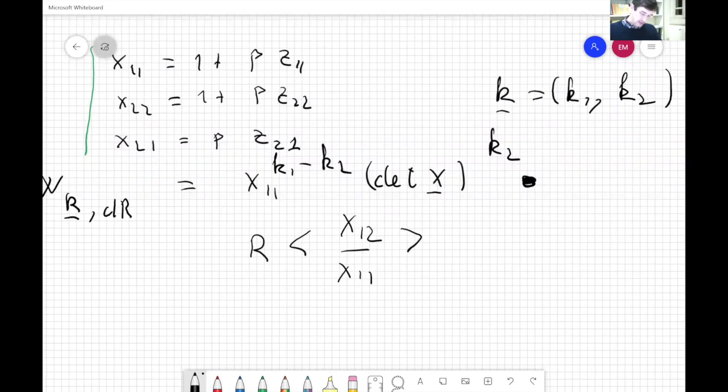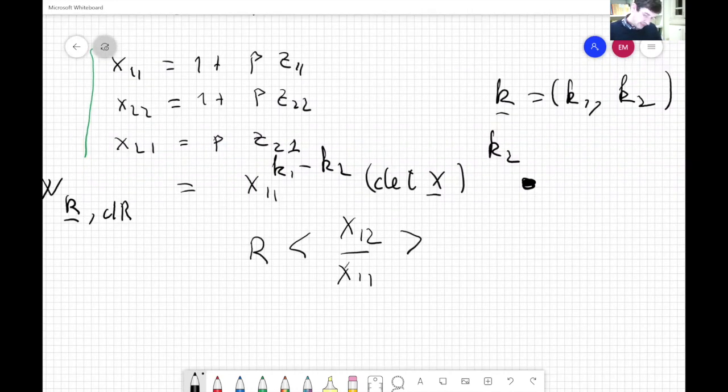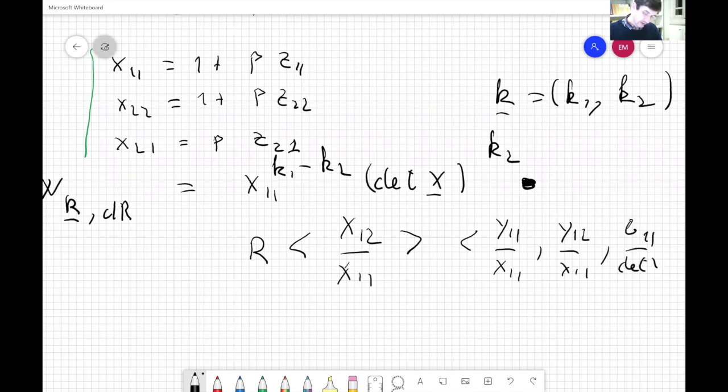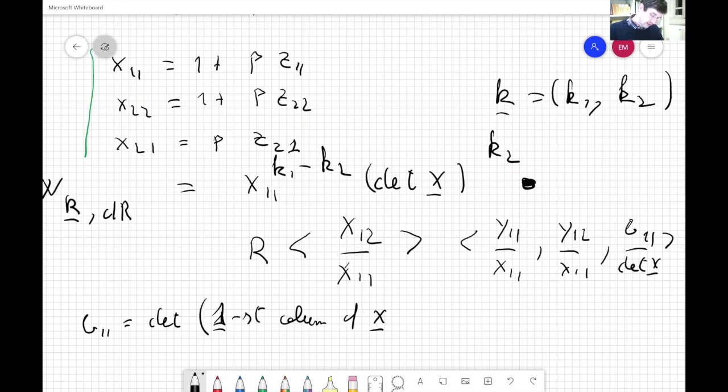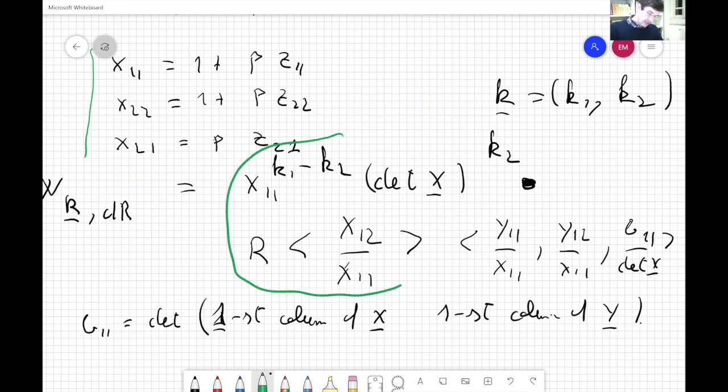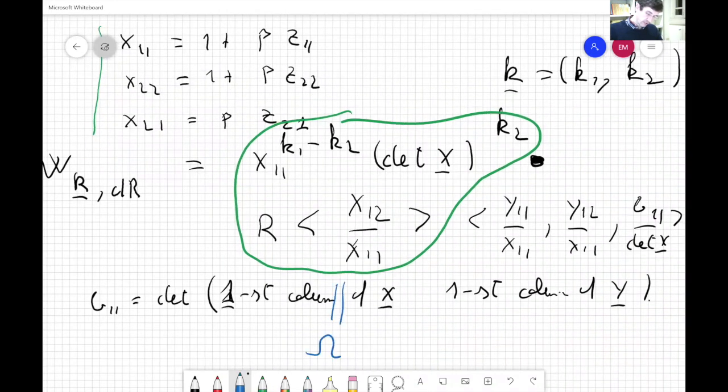So you have a part which is given by this, and then you have another part which is explicitly described like this, where B1 is the determinant of the matrix that you get by taking the first column of X and the first column of Y. So this is an explicit description of the sheaf omega K that I introduced yesterday, that I, with